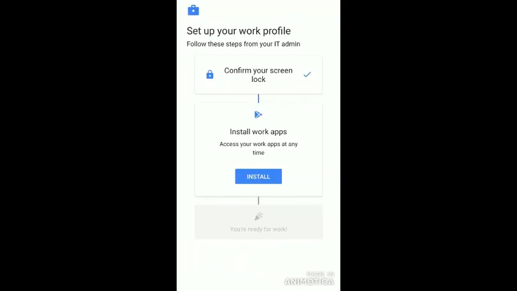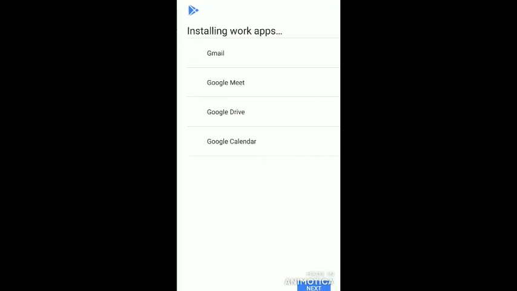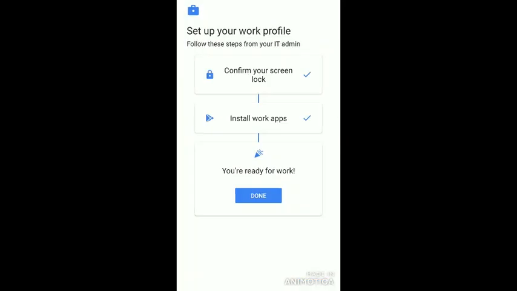If you are facing any problem during this process, please make sure you take a screenshot of the error and share it with your school admin. Now this screen shows all the apps installed. You can see the list of apps that will be installed in your mobile or tablet. Click on Next. Now you can click on Done to set up the environment for your child's learning.